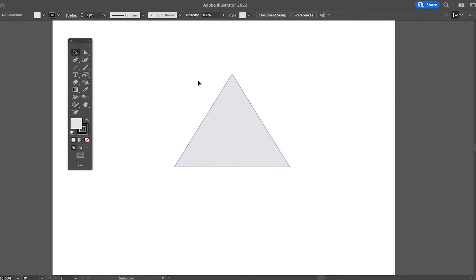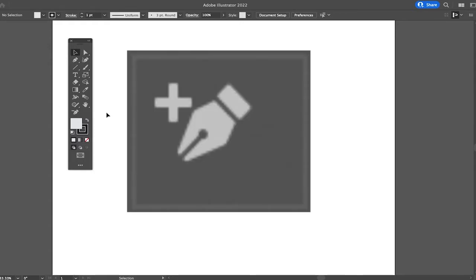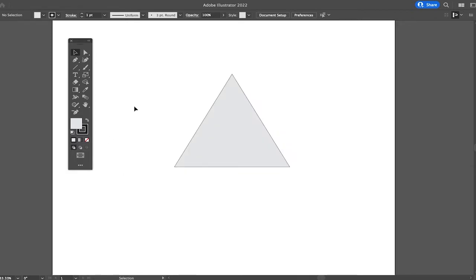And now to add an anchor point in Adobe Illustrator, you would have to make sure to select the Add Anchor Point tool in your toolbar. The Add Anchor Point tool might be already in your toolbar, but if it is not, as is the case here with my toolbar, then you would have to click on those three dots here at the bottom of the